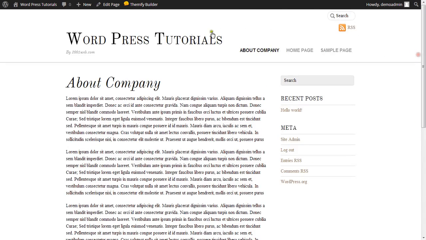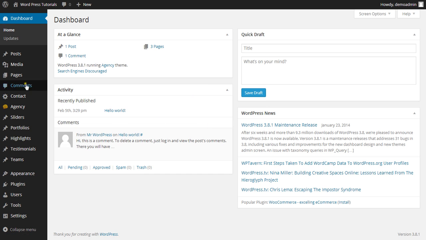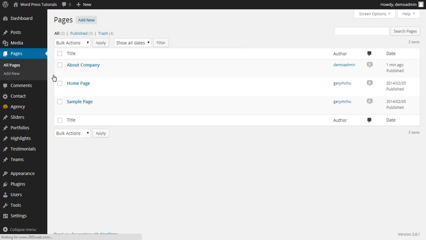That's creating the page. Editing pages, also very simple. Once you've logged into your WordPress admin area, you'll of course land on the dashboard as usual. So we go to pages and all pages so that we can view them, and say we're coming back now, we want to edit our company page. Literally just mouse over the title of any page that you want to edit and select edit,